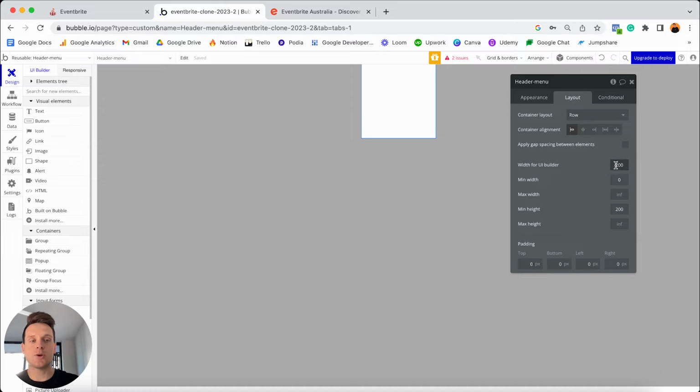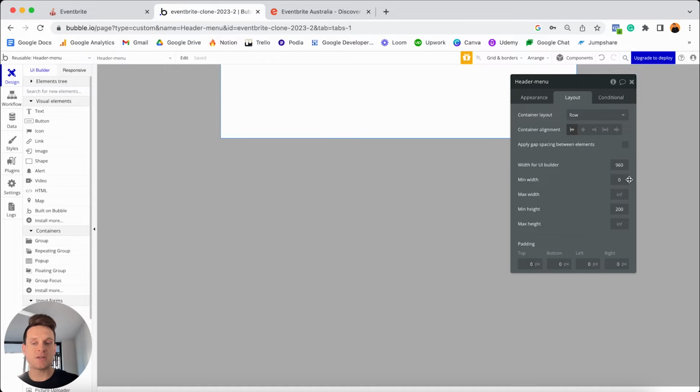And so you can see that the width is currently set to 200. Whereas if I was to set this to be something like 960, and the reason why I'm selecting 960 is because that's roughly the size of a very small browser. This just gives me more of a realistic size as to how our navigation menu is going to look and feel. Now we'll come back and update the height of this in a moment, but before we do that,